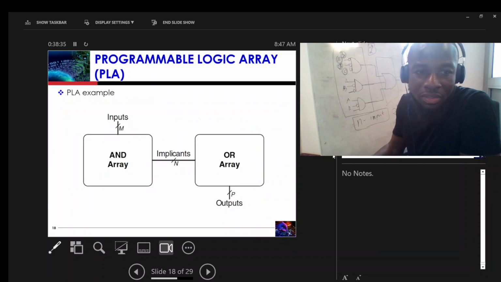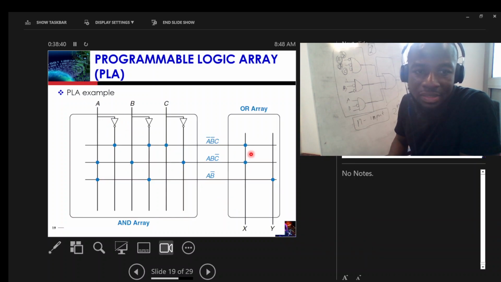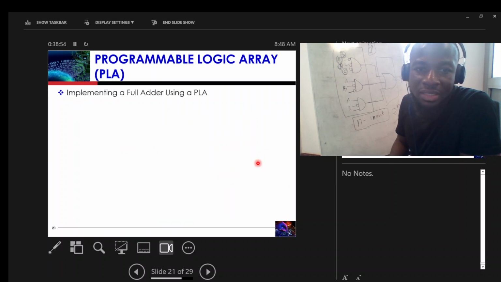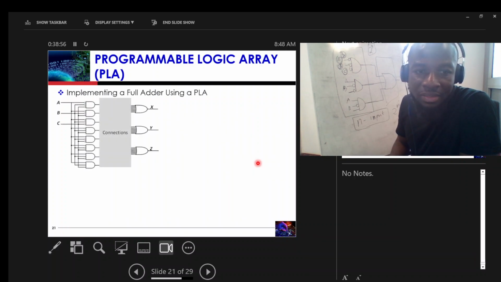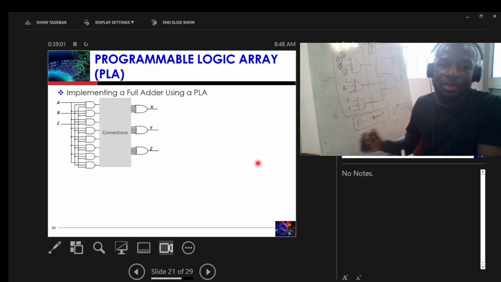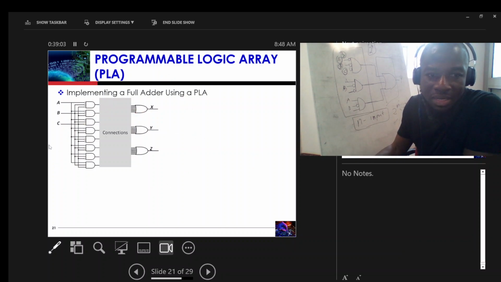So the PLA consists of an array of AND gates, as I said already, and then an array of OR gates here. Now we actually connect the outputs of the AND gates to the inputs of the OR gate, and that is how a function can easily be implemented. Right, so now let's see how we can implement, if you have a system like this,